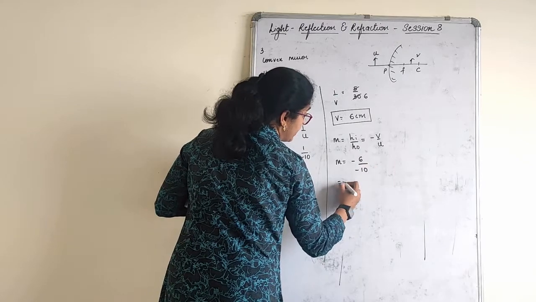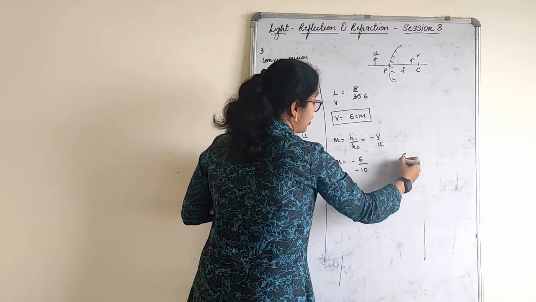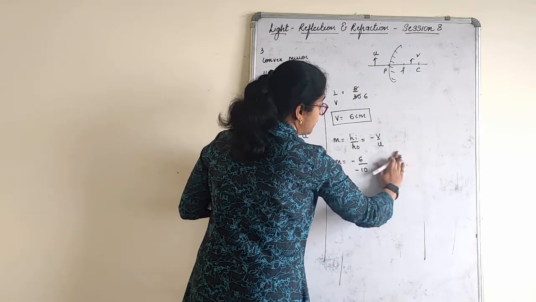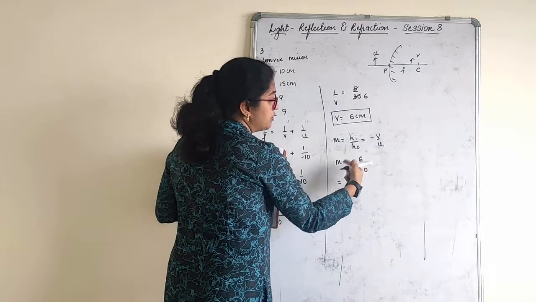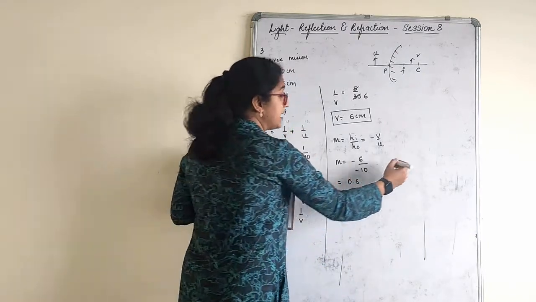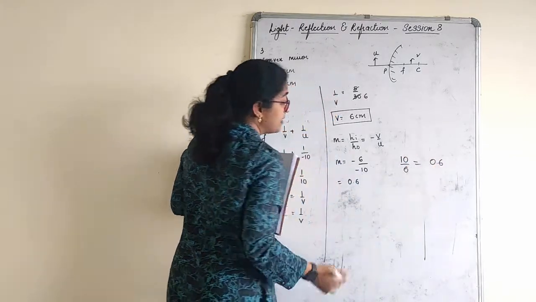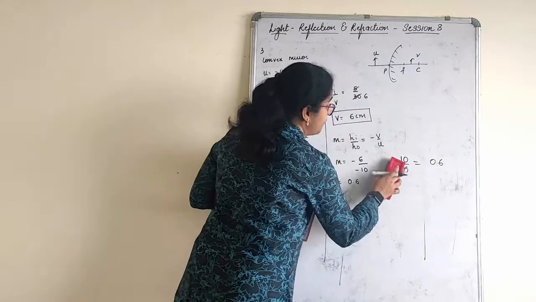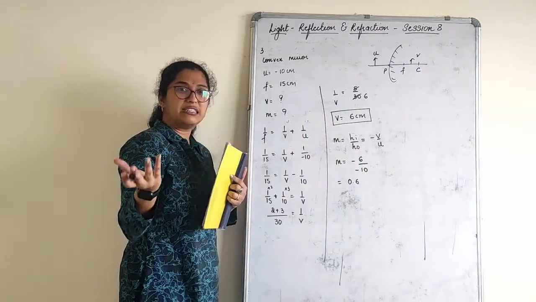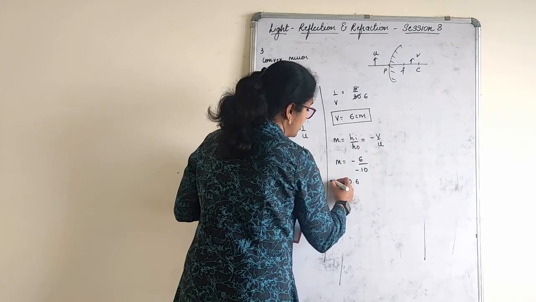Minus and minus will get cancelled. Children, when writing any number, if it is for example 6 by 10, directly you can say this as 0.6. Now sometimes when it is 10 by 6, I have seen children writing 0.6. So I got confused and I thought of informing you. Directly don't again say that 2 threes are, 2 fives are. It's divided by 10. Put it as a decimal itself. Magnification is 0.6.